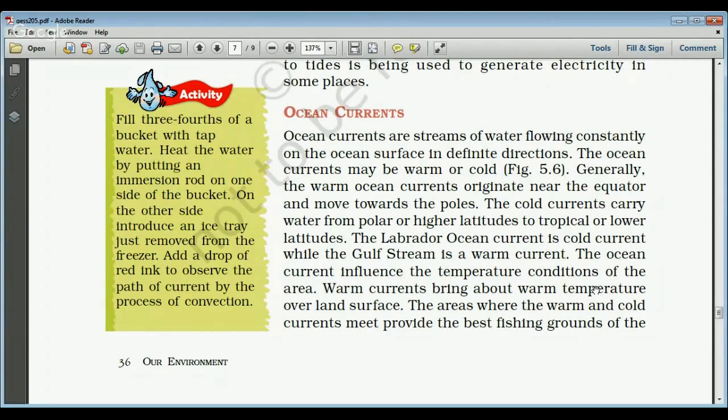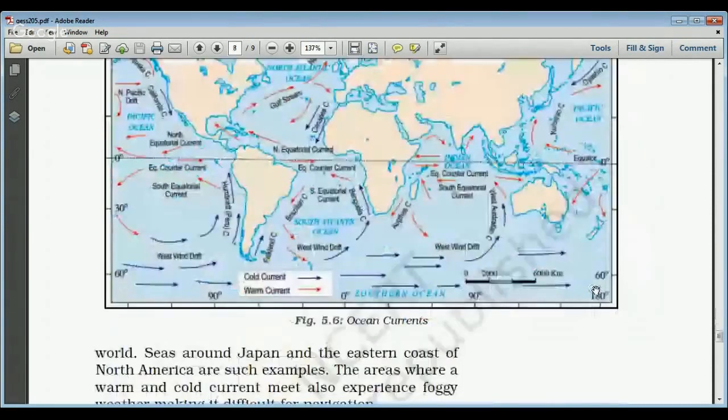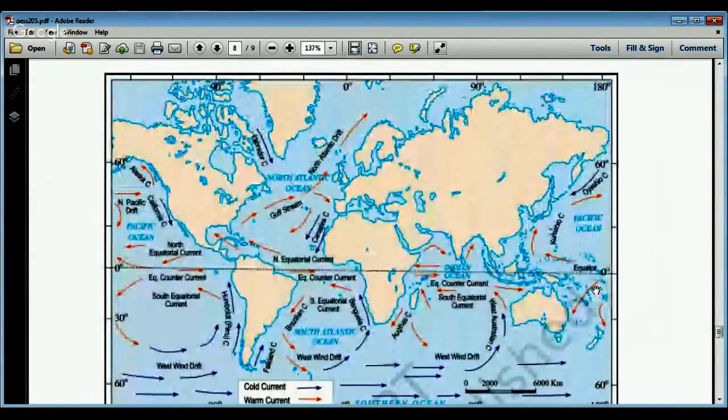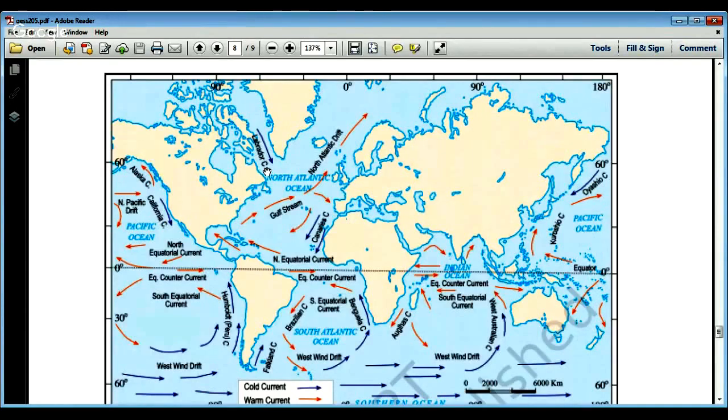And ocean currents also influence the conditions of the local area, like a warm current brings warm temperature over the land surface. See, this is a very important point. The areas where warm and cold currents meet provide the best fishing grounds of the world. There are three such areas in this map. This is the Labrador, a cold current, and this is the Gulf Stream. They meet near Newfoundland in Canada, and it provides the best fishing ground,